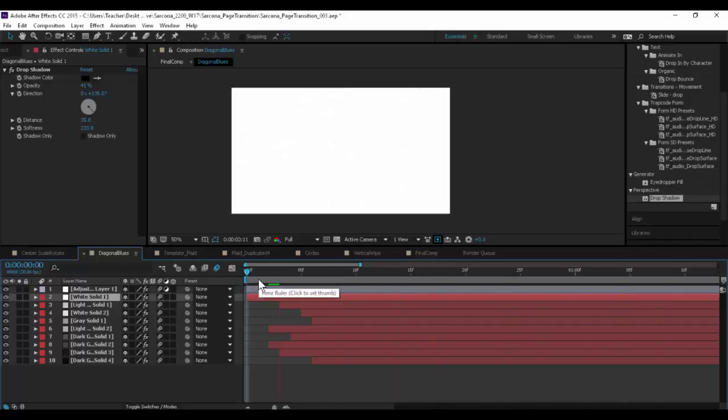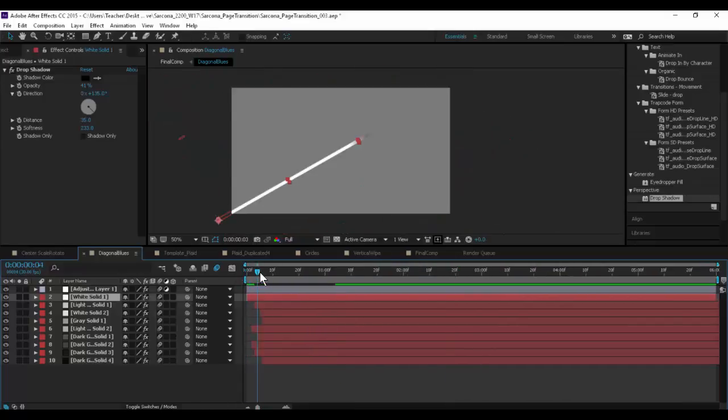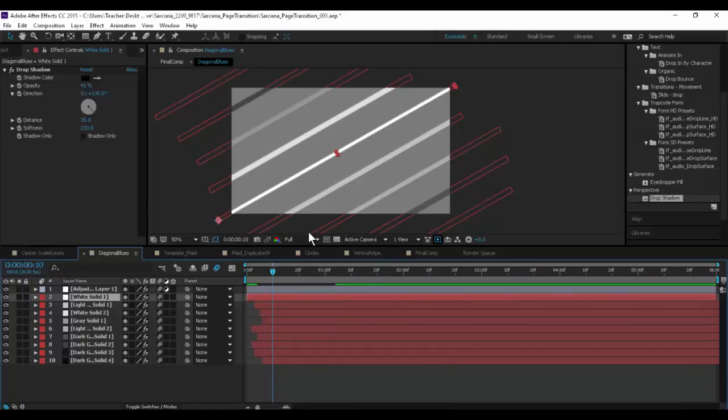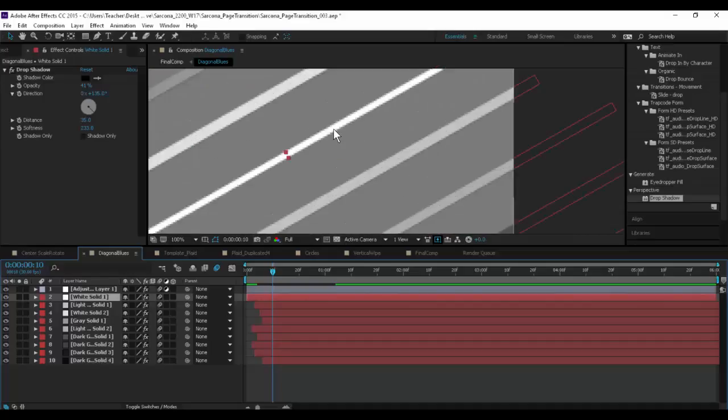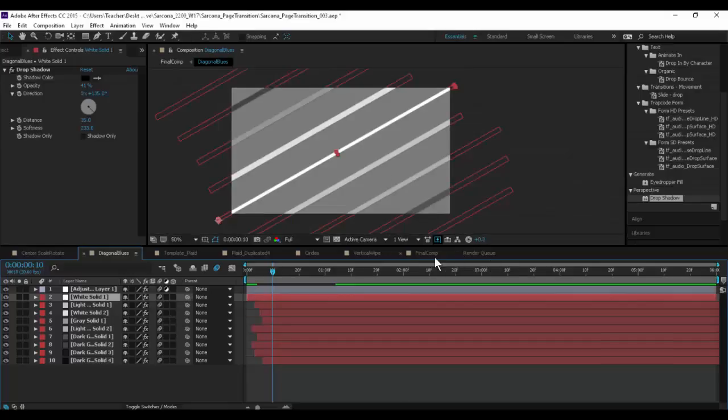There we go. All right, so that looks like that fixed it. Me going to 1, which was like 1 pixel thin, was basically just too thin for After Effects to do that. We're still dealing with pixels here. So 1% thin was just too thin for it. So now if I go back to my final comp,